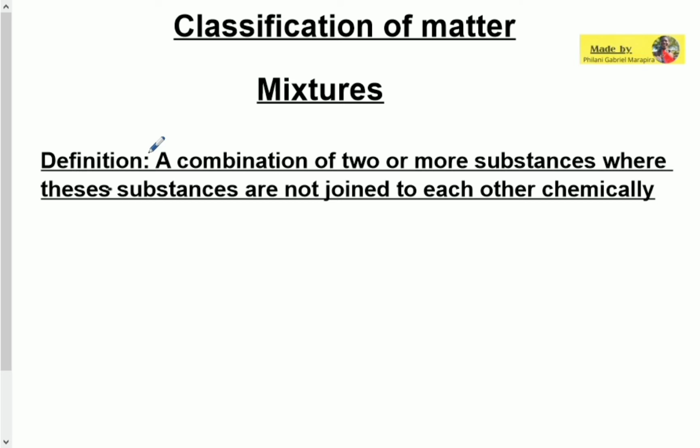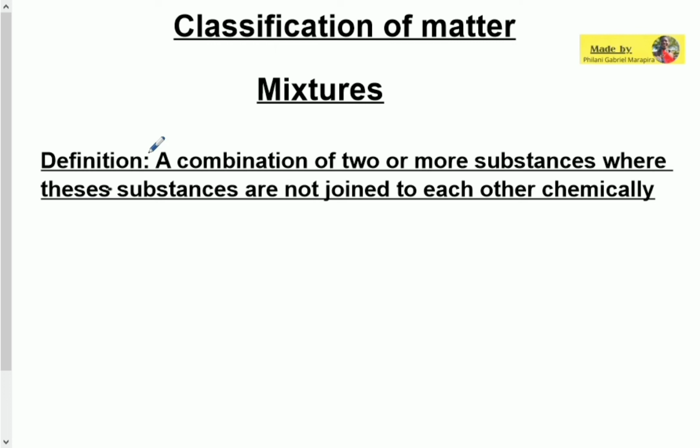And they keep their physical properties. In the example of sand and water, neither of these substances has changed in any way when they're mixed together. Even though the sand in water is more concentrated when there is more of it, suppose we put more sand in the water, it's still going to be sand water. So it can be separated by certain physical mechanisms.